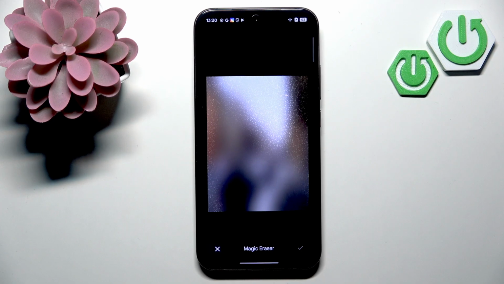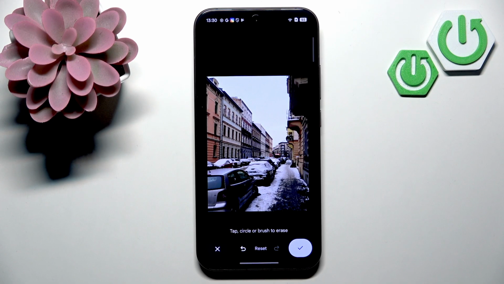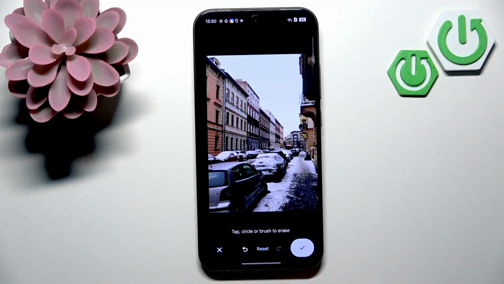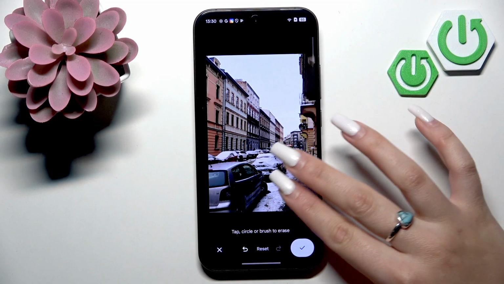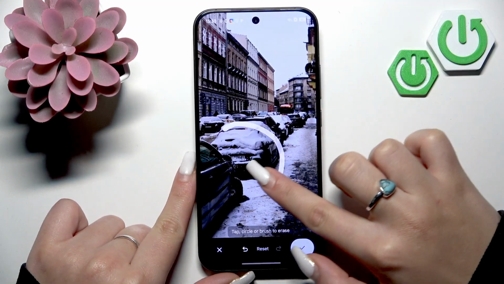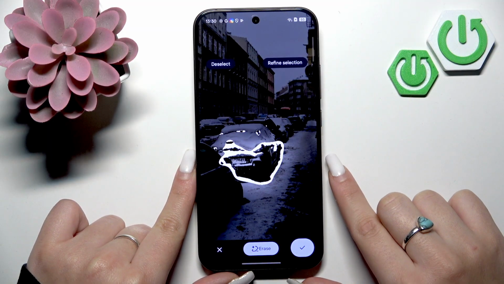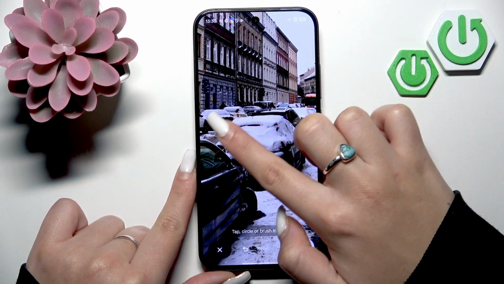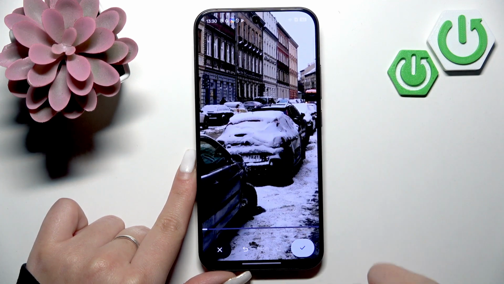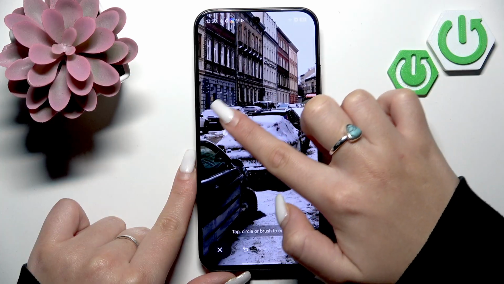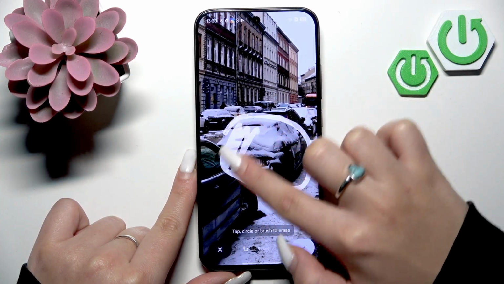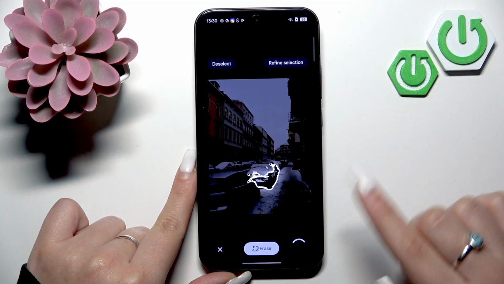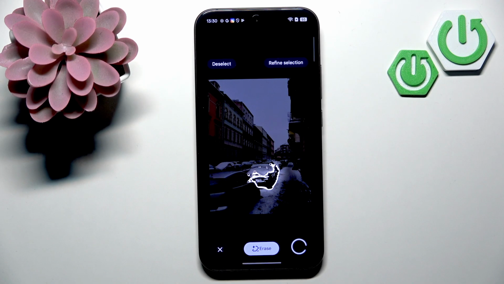So you need to play around with it. Okay, so this time it didn't remove anything at all. So yes, you have to practice a little bit. Let's try another car. As you can see, the selection is not what I wanted. Okay, you get the concept. Let me try one more time. Still, but okay, let's go with this one,